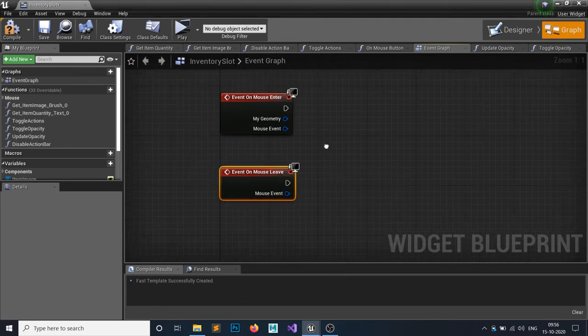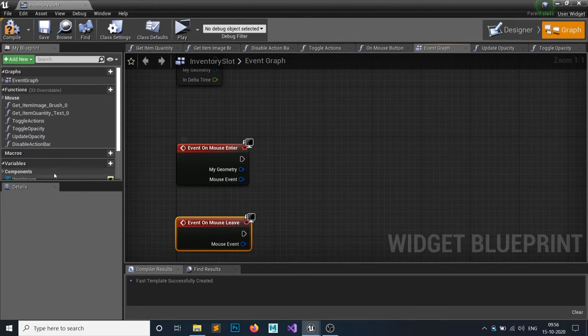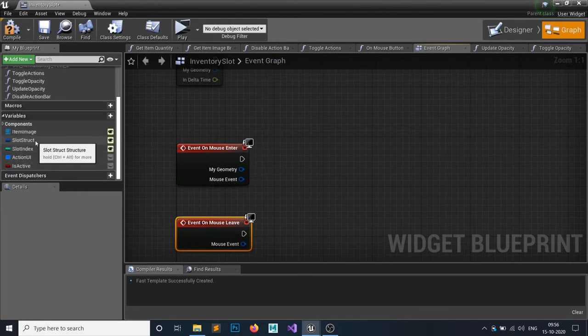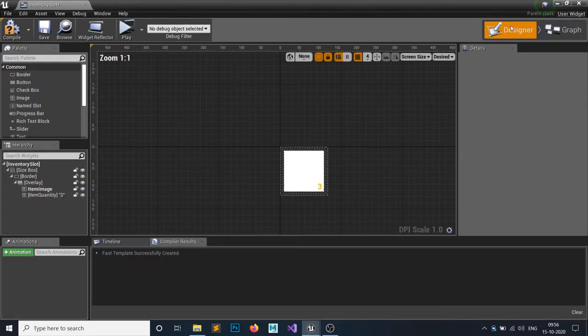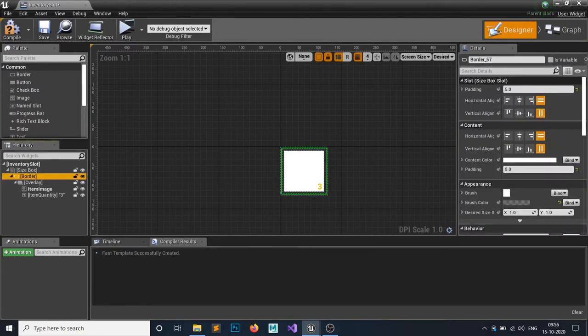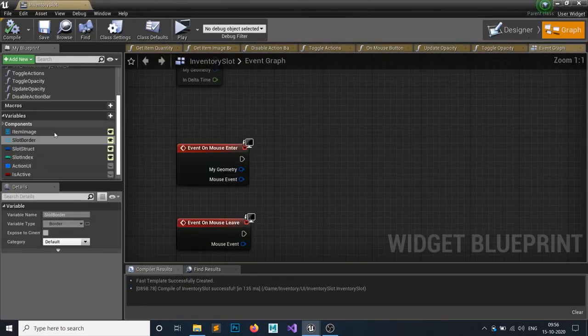On your mouse enter event, we want to set our border to something golden. So click on this border and make sure it is a variable. Name it slot border, so it makes more sense.